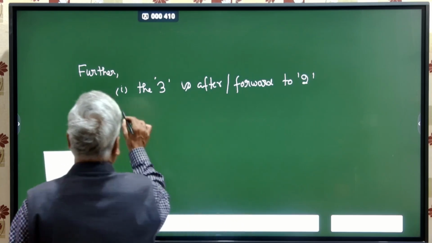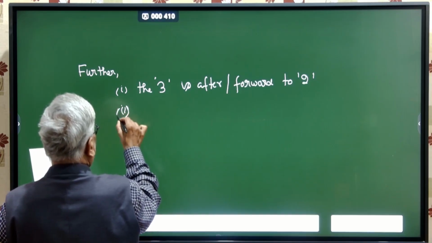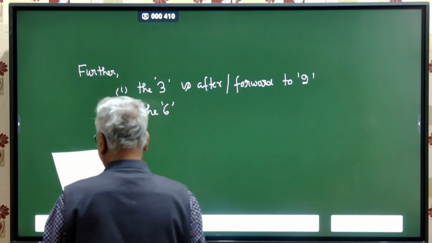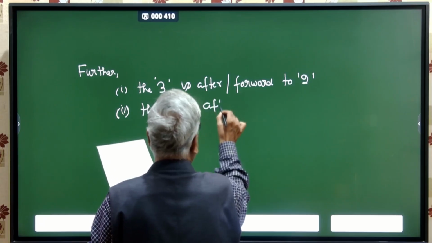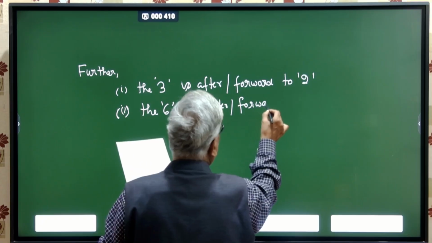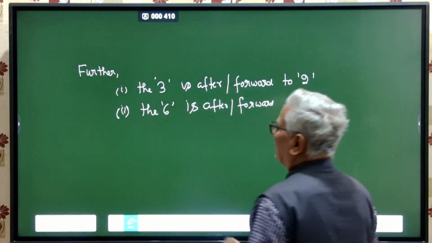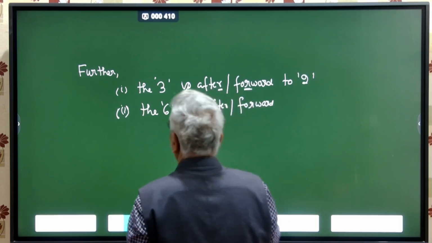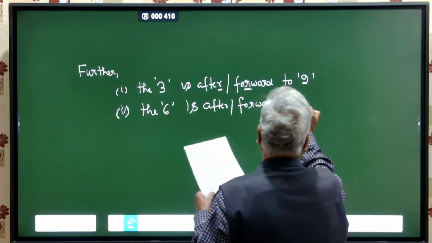और दूसरा एग्जाम्पल ये है, the 6 is after or forward to 5. अब इसमें ध्यान रखिएगा कि आर मैं 2 तरह से लिख रहा हूं, तो ये स्टूडेंट्स को क्लियरली पता होना चाहिए कि ये दोनों एक ही हैं।